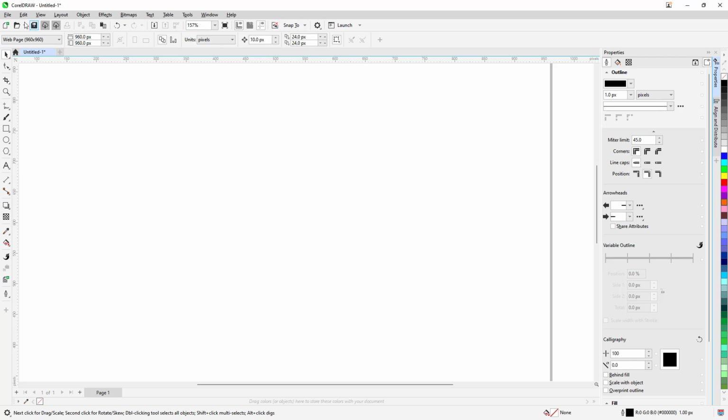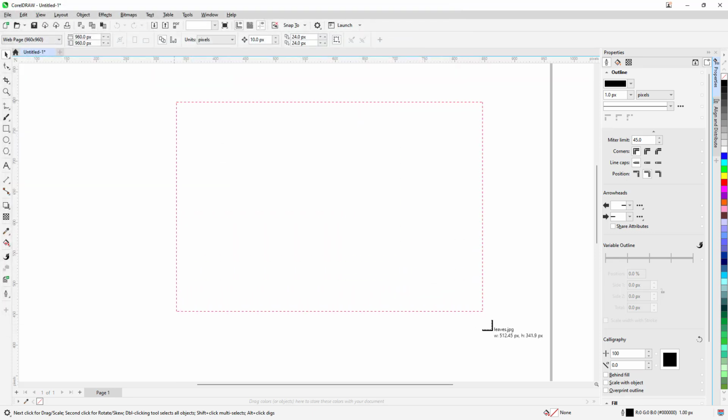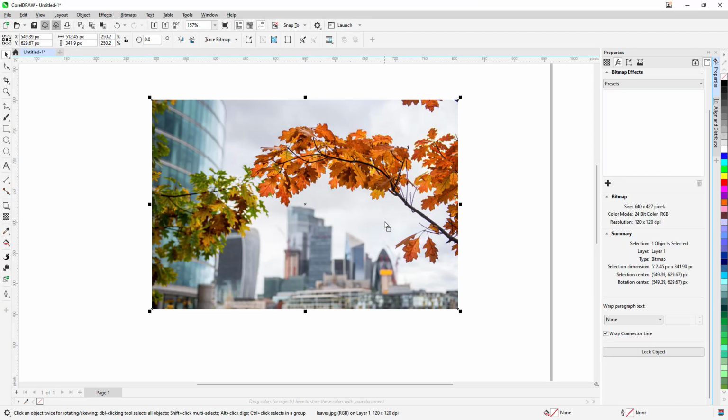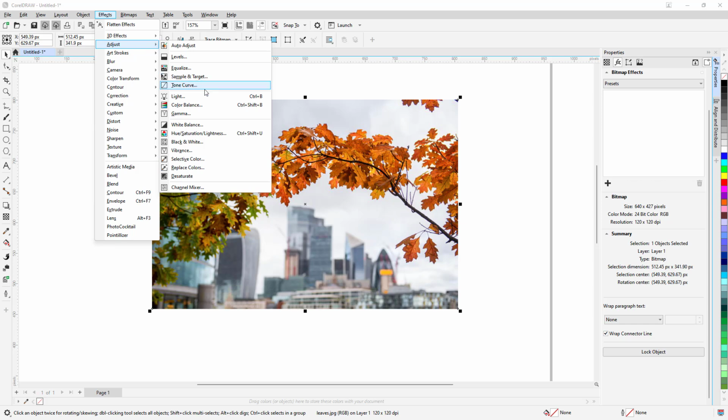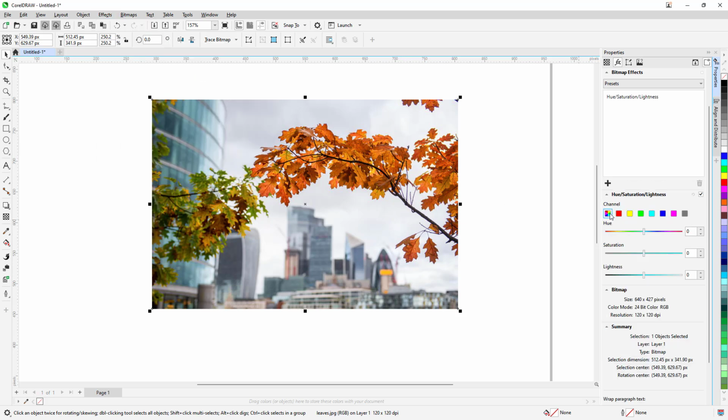Let me just delete this image, and I'm going to import another image right here. Let's say, for example, I'm going to bring in this image just like this. And now what I can do is apply the hue, saturation, lightness right here as well. So over here you can see that there are different channels. So I can change the overall color of the image right here, or I can change,